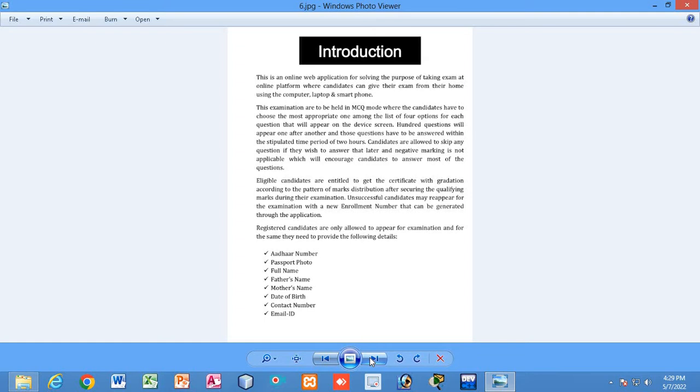So whatever software that you have developed or are just about to develop, you have to give a brief introduction. Let's say you have developed a library management system. So what could be the introduction? You have to write that the library management system